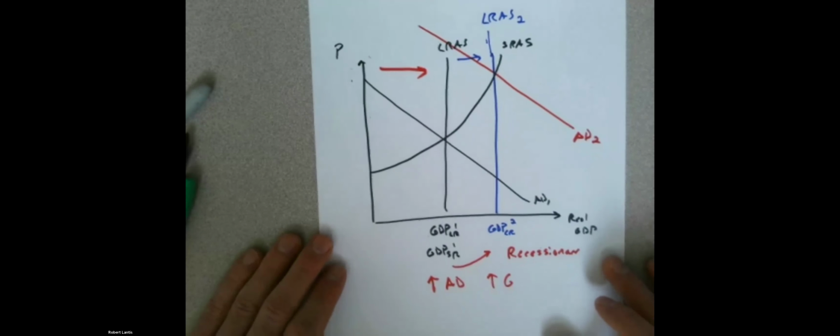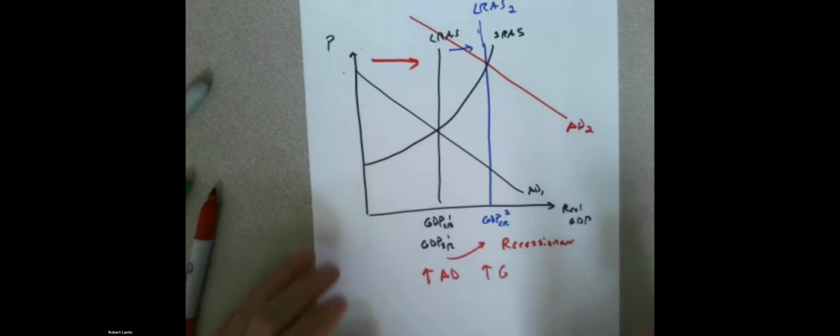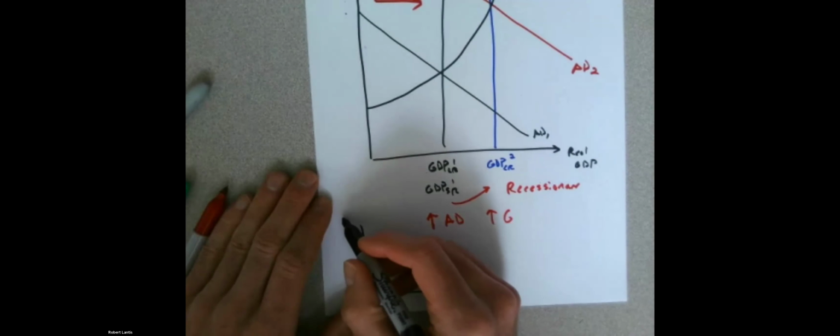Now, the secondary effect of that, we said was going to be what? Well, I'll draw this a little small here, but we had our loanable funds market, we had our demand, we had our supply. We're just going to focus on interest rates here. When I increase government spending, there's less publicly available funds that the government can invest. So we saw this decrease in our supply for loanable funds. That caused interest rates to go up.